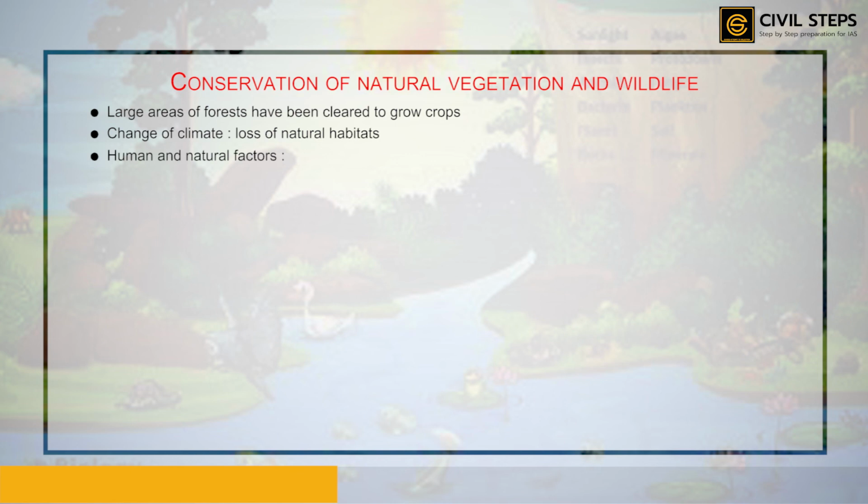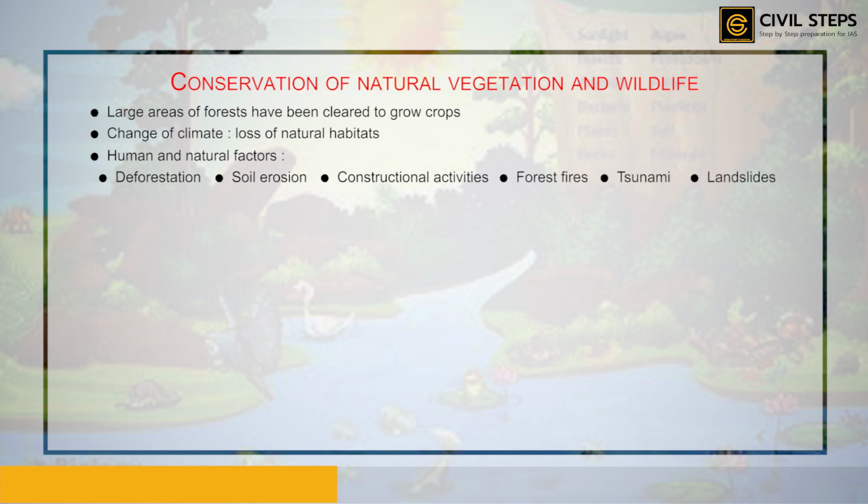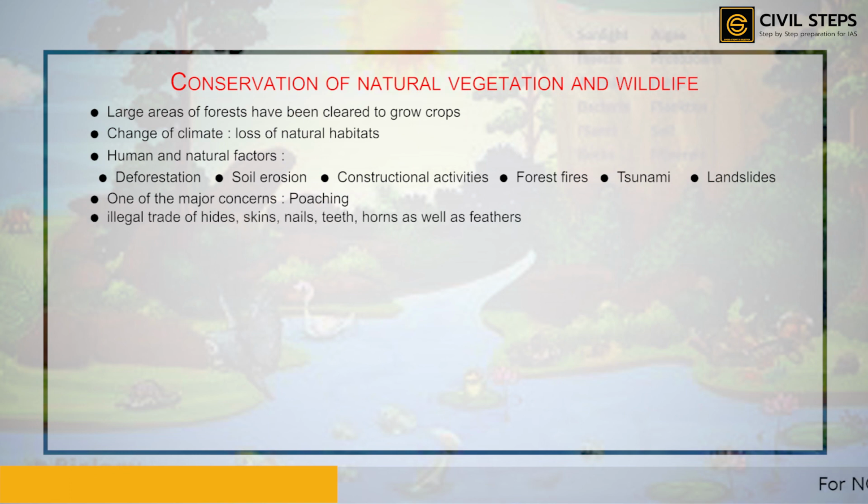These are some of the human and natural factors which accelerate the process of extinction of these resources: deforestation, soil erosion, constructional activities, forest fires, tsunami and landslides. One of the major concerns is poaching, which results in a sharp decline in the number of a particular species. The animals are poached for the collection and illegal trade of hides, skins, nails, teeth, horns as well as the feathers. Some of these animals are